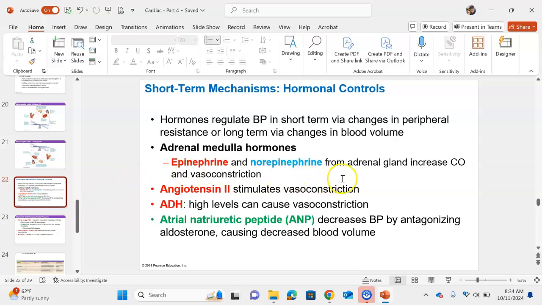So epinephrine and norepinephrine are very powerful hormones that affect our heart. They increase heart rate and they increase contractility, and both of those changes are going to increase blood pressure. Okay, and remember, we oftentimes associate those with stress, and not just fight or flight kind of stress, but stress in general, the stress of life, work stress, relationship stress,